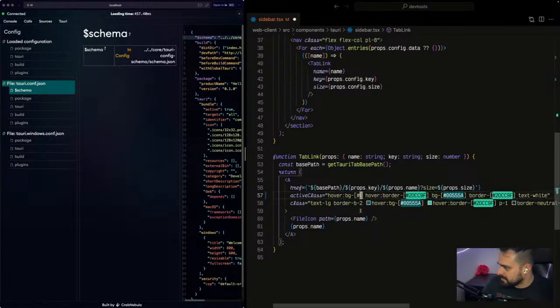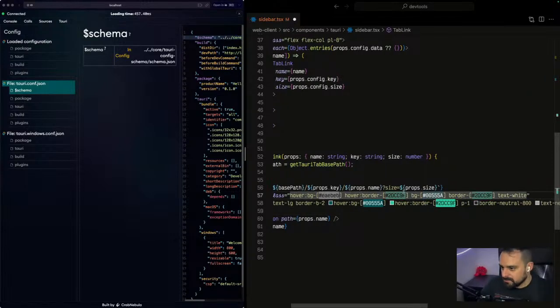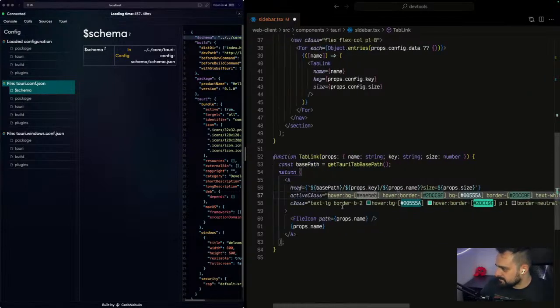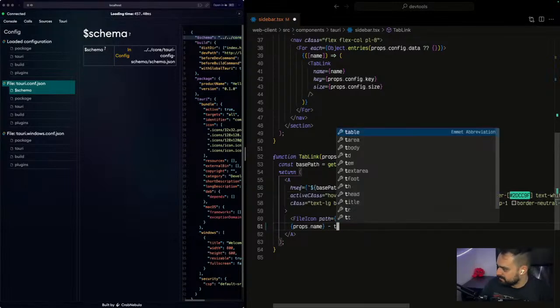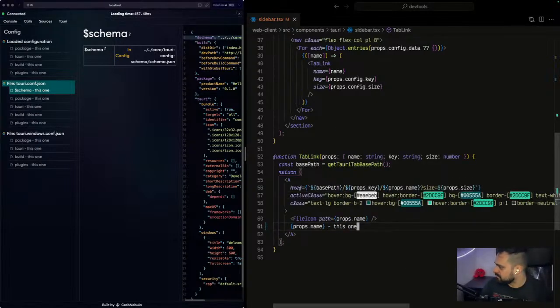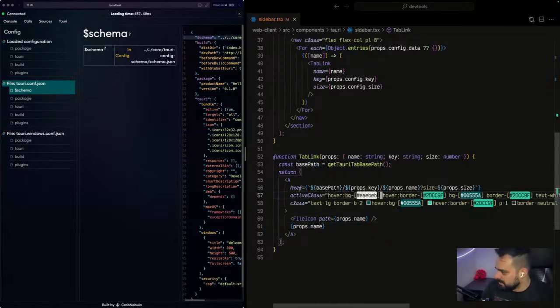Yeah, if class on hover. Am I in the right place? Yep, I am in the right place. So why didn't you pick it up? Okay, so now we have no styles on hover. So now what I want to do is switch